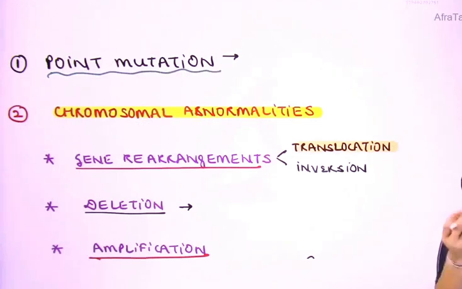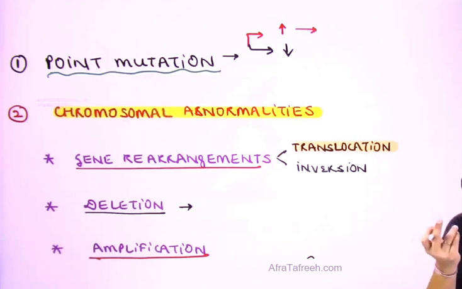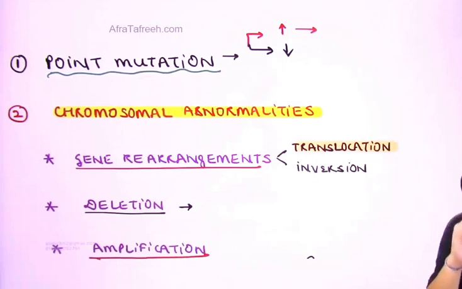Whenever we are talking about a point mutation, what is basically happening is a substitution of an amino acid, and this is going to be responsible for causing either overactivity of a gene or underactivity of a gene. Suppose we are talking about the overactivity of, let me say, a proto-oncogene. Just a few minutes back we talked about the function of a proto-oncogene. It causes stimulation of cell replication. If it is mutated, the cell replicates faster. So a point mutation causing overactivity of a proto-oncogene can convert it into an oncogene, and that can be responsible for causing cancer.